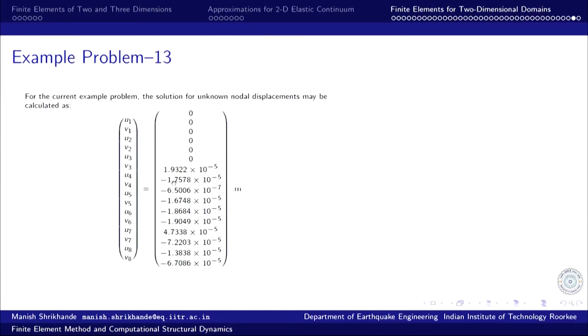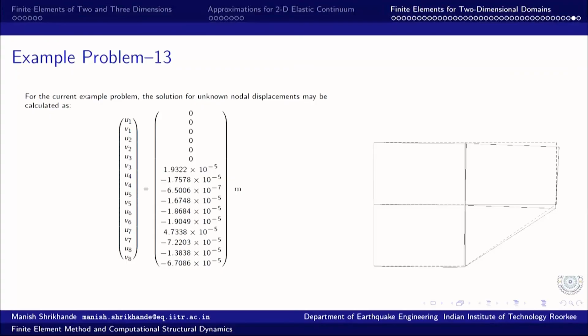So, this is what the solution of primary variables looks like, and once I do this, I can go back to the interpolation model, then I have the complete variation of displacement all through the domain with respect to x and y. The displacement is of course continuous across the element boundaries. So, I can have the deflected shape of the bracket, which is what this looks like.